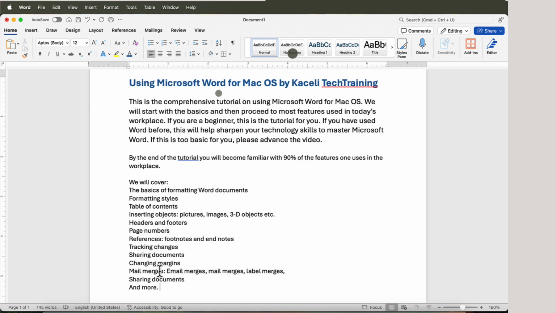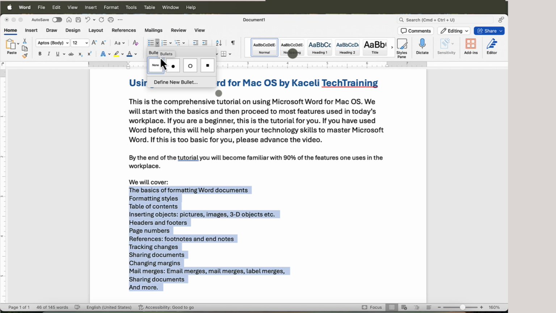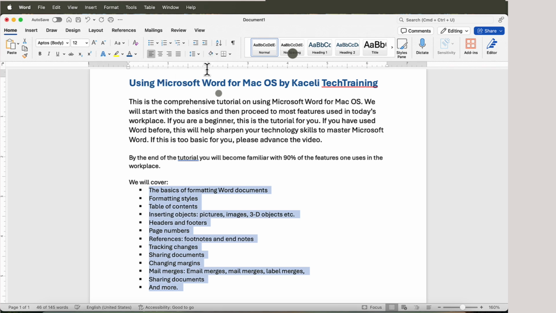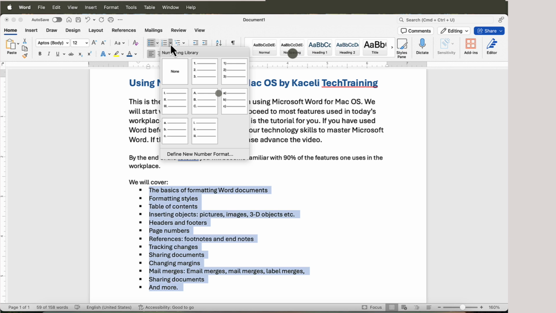In the case where you have multiple items that you need to list, you can select this section, and you can start from the bottom or from the top down. Then you can use these bulleted lists. If you click on the drop down of each bullet list, then you can select the option that you prefer. If you do not like the current bulleted list, you can select a different one or use one of those